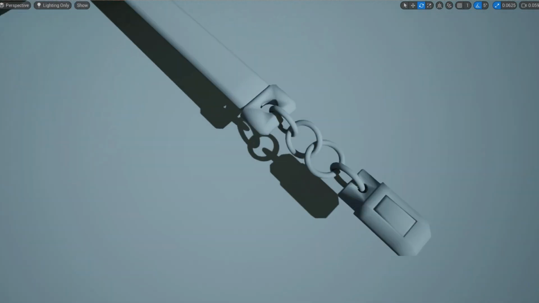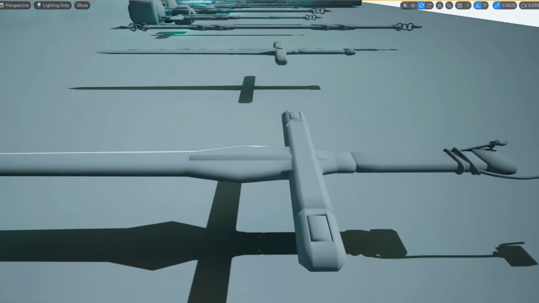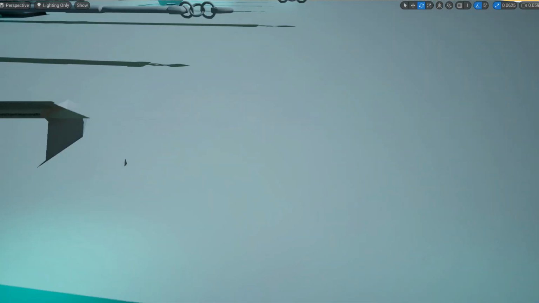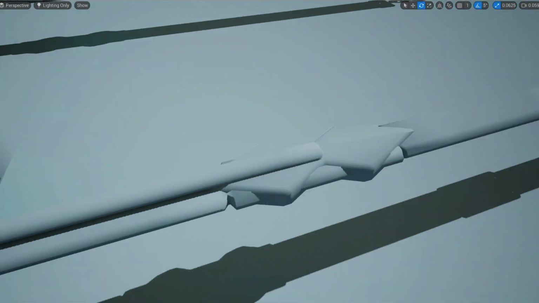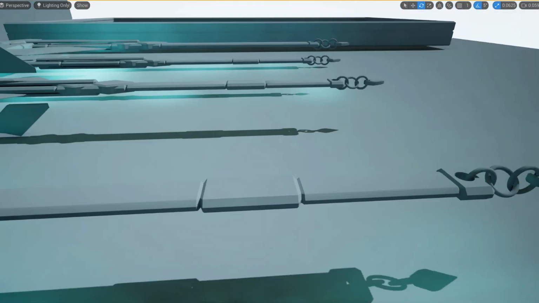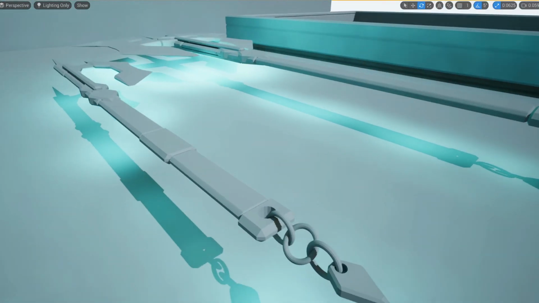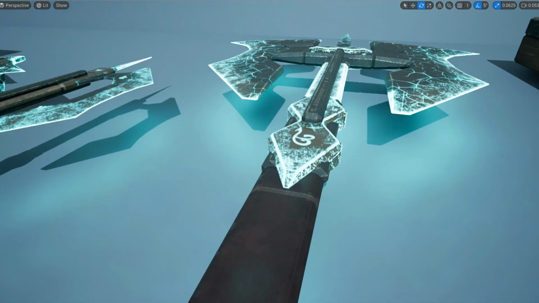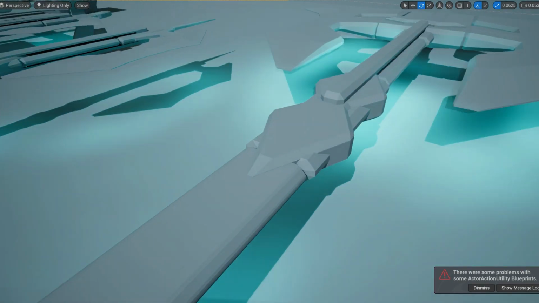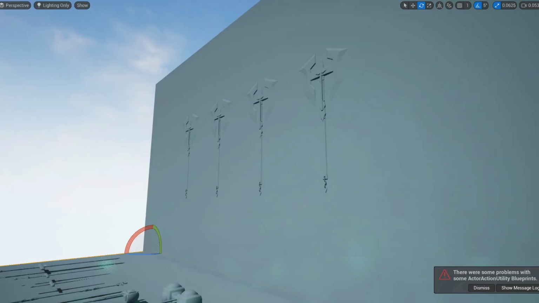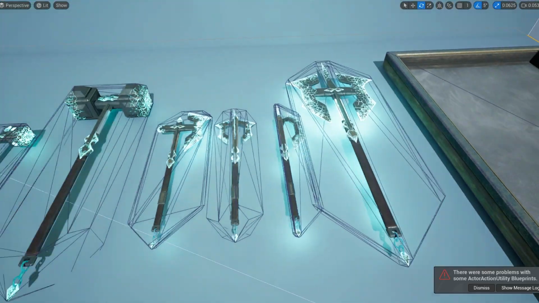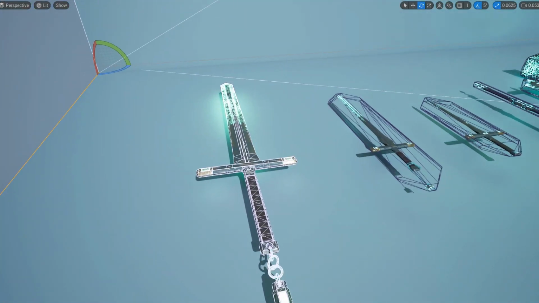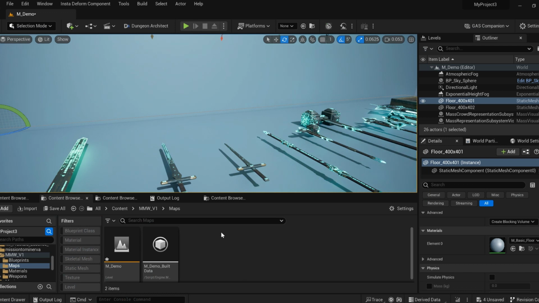Looking at the modeling mode, most details come from the normal maps, but there are some details modeled here. In this case, the edge on this axe is not smoothed out. Looking at the collision, they're terrible, and that one uses complex collision. And taking a look at the wireframe mode,